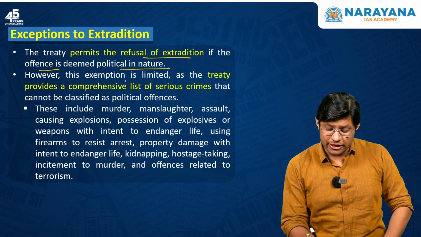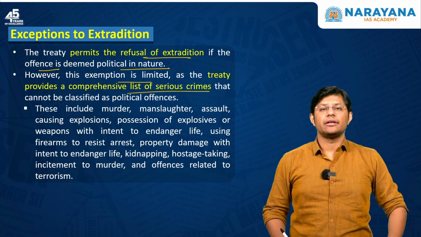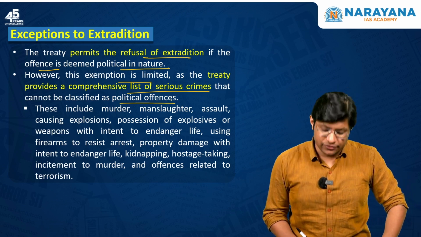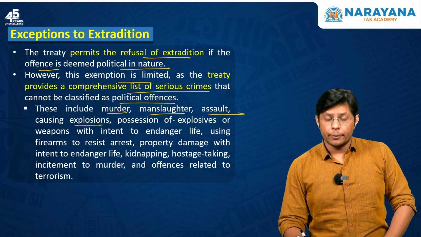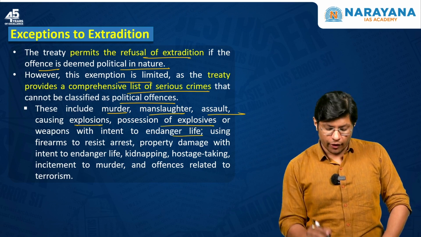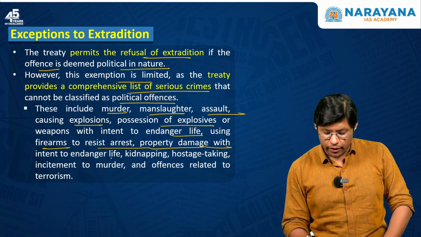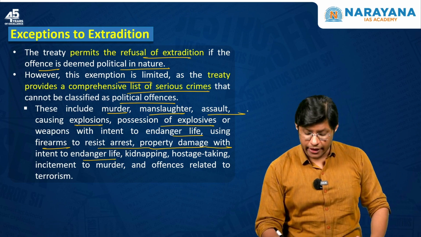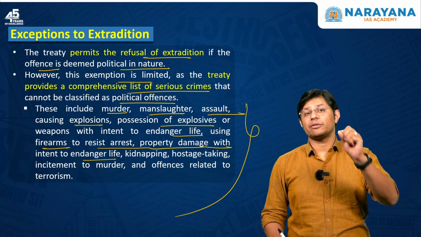However, this exemption is limited as the treaty provides a comprehensive list of serious crimes. And these crimes cannot be classified as political offences. For example, murder, manslaughter, assault, explosions, possession of explosives or weapons with the intent to endanger life, using firearms to resist arrest, property damage with the intent to endanger life. Which means, let's say for example, if any politician is involved in any of these crimes, then he does not get protection, or he is not prevented under